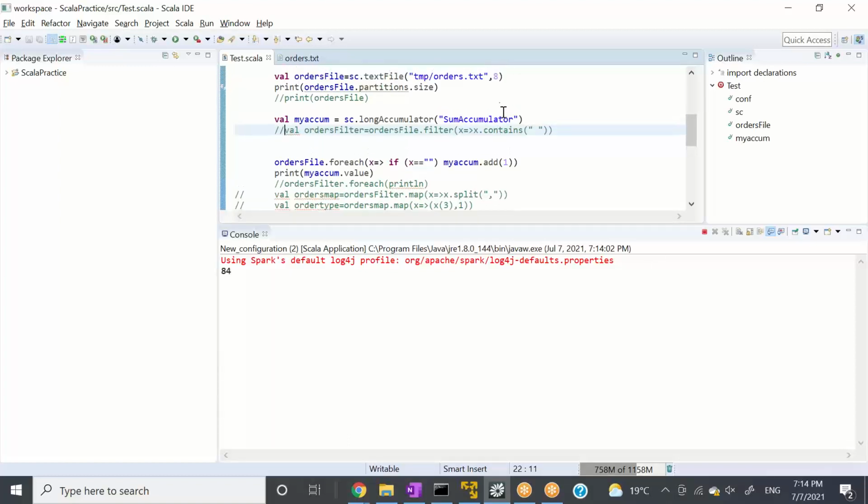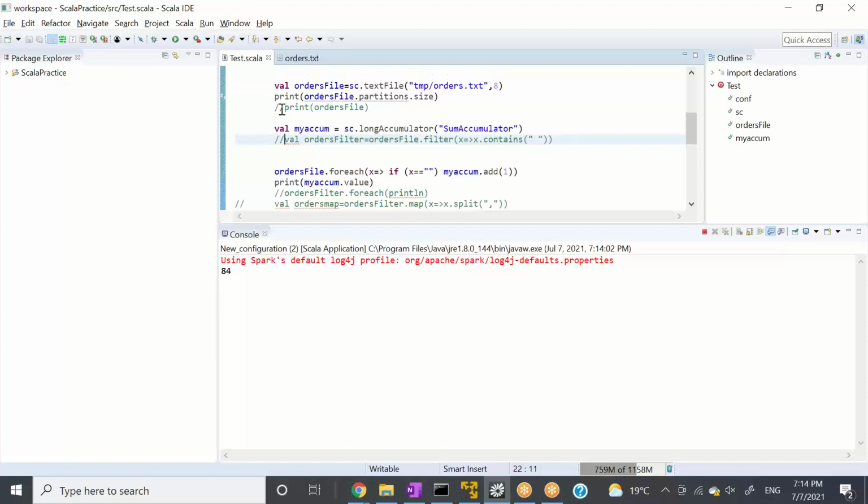So if I go here, perfect, it worked, right? Let's do one thing so that you guys won't get confused. The first 8 is the number of partitions, but I will not get confused here. One second, Control Z. So I'll say println, and I'll say println, and I'll run it again.